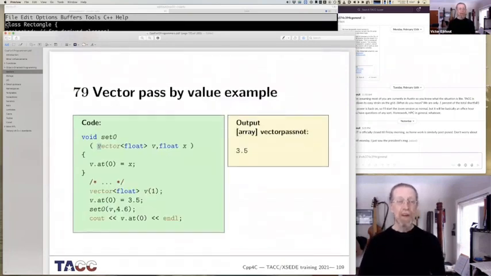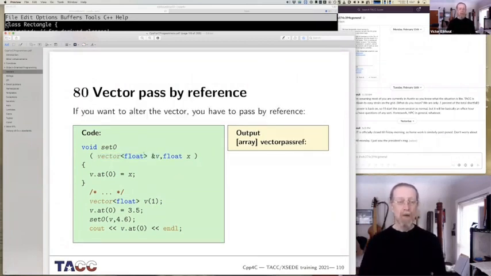But yes, if you declare vector float v, then it's passed by value, so the whole object gets copied into the subroutine. If you use a reference, then the v in the subroutine